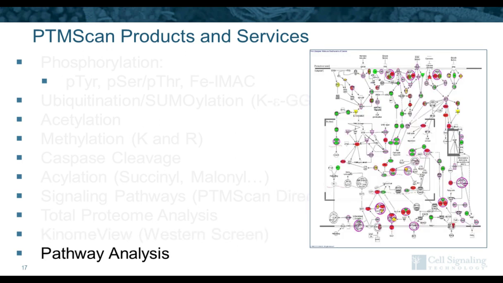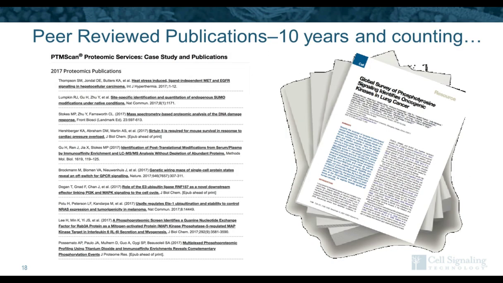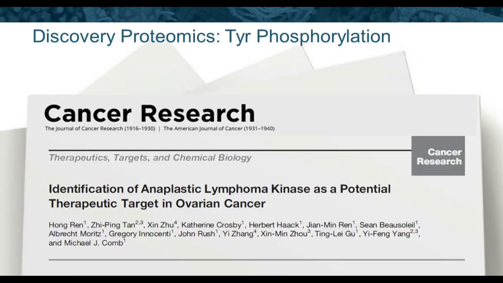And then once the PTM scan study is complete, we can also do protein-protein interaction network analysis, and we can actually map the quantitative data that we get in PTM scan onto either de novo generated pathways or pre-made canonical pathways. So as I said at the outset, we've been doing this for a number of years, and one of the things that we do on the website is actually catalog when people have used PTM scan in their work and published. And so this is a list on the left of a few of the publications from 2017. And I have one brief example.